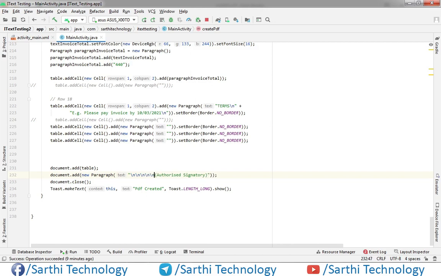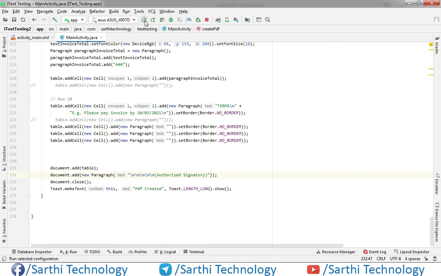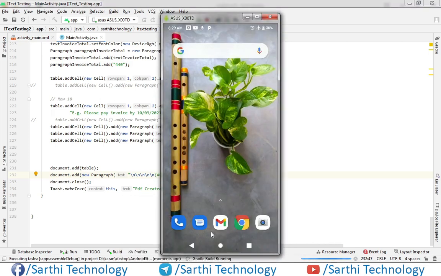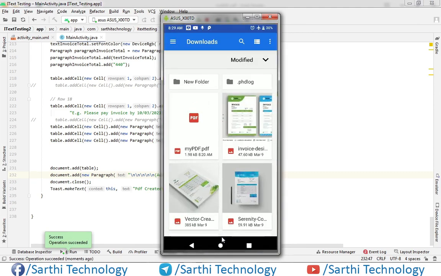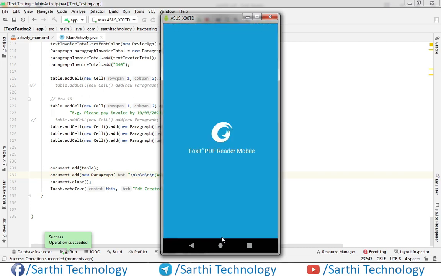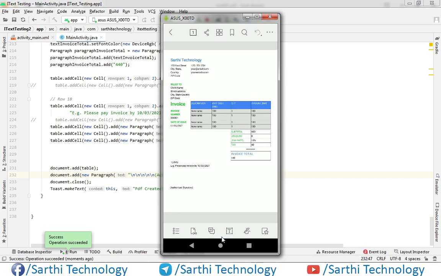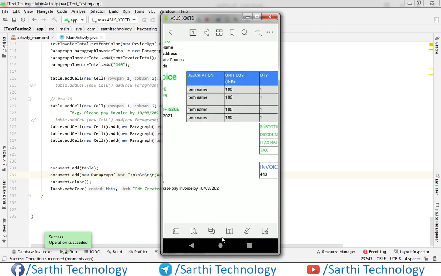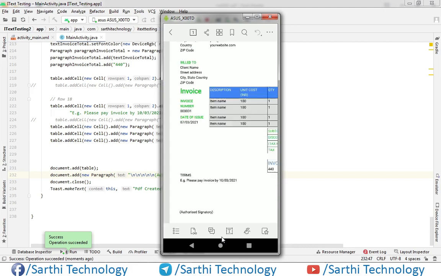I think this is enough. Now let's run this. I think we have done everything successfully. Now PDF created. And here you can see this nice looking invoice.